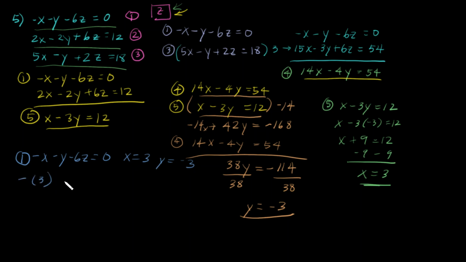We're going to substitute that 3 in. We have a minus 3 minus negative 3 minus 6z equals 0. So we have a negative 3 and a plus 3 minus 6z equals 0. Negative 3 plus 3 is 0, minus 6z equals 0. Okay, we're going to divide both sides by negative 6. We can just leave that 0 off there. And then z